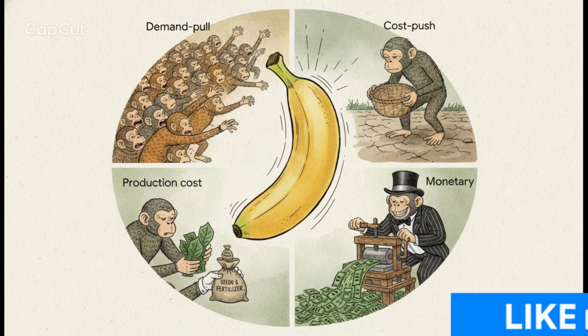First, you've got demand pull. This is when every monkey suddenly wants a banana, but the farmer still has the exact same amount, making them super rare. Second, cost push. Demand is exactly the same, but the farmer grew fewer bananas. Third, production cost. The actual banana seeds get more expensive, so the farmer is forced to raise prices just to cover their own costs. And finally, monetary inflation. The monkey government just prints way too many leaves, meaning every individual leaf is suddenly worth a whole lot less.